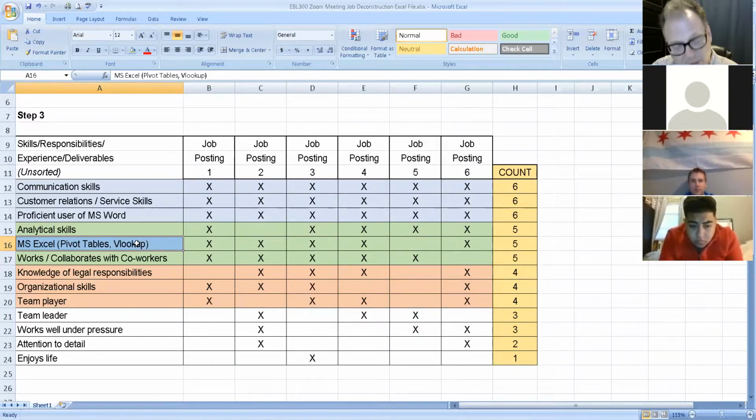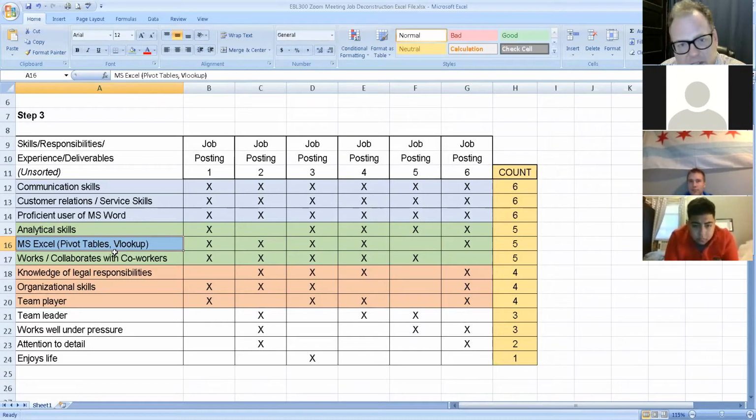And if you have some employer that says, I'm sick of teaching people how to do pivot tables, and they look on your resume, oh, he does pivot tables, and she does pivot tables, it's going to make a difference. So if you do find something that you don't have a skill in, it's not a problem. You simply get the skills that you need for that. However you want to do that is fine. Some are easier than others. Excel is easier than, if they say they want experience in